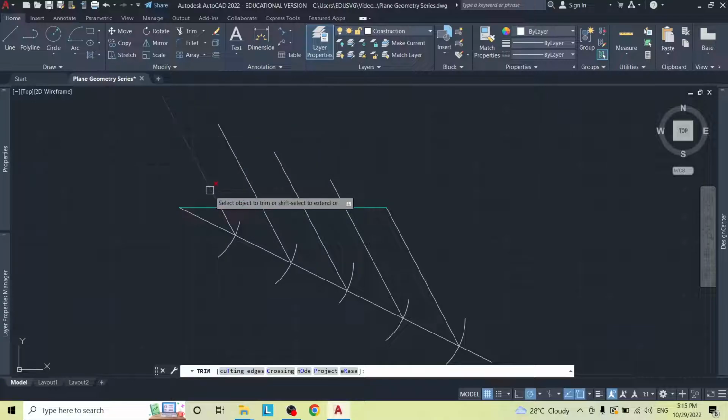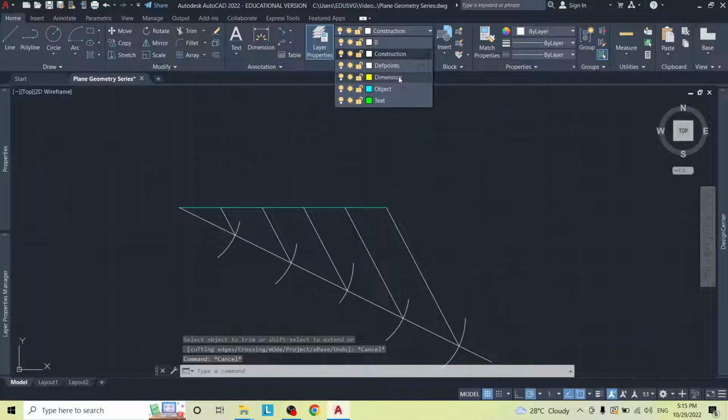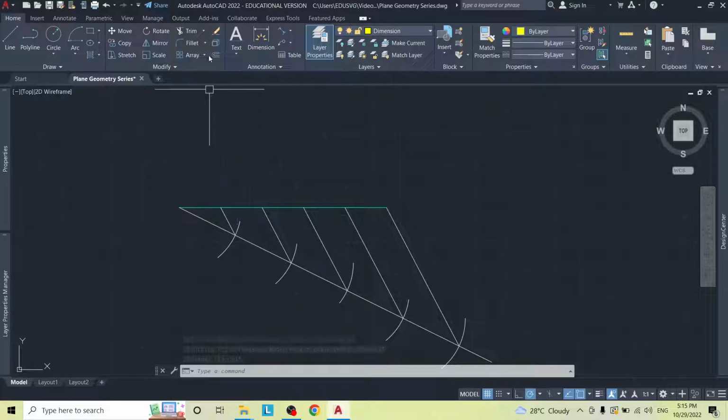If you're using AutoCAD 2018, you might have to right click first or hit enter first before you can start trimming away. So you can just trim off these lines, and then I'm going to switch to the dimension tool, dimension layer, and we're going to use the linear dimensioning